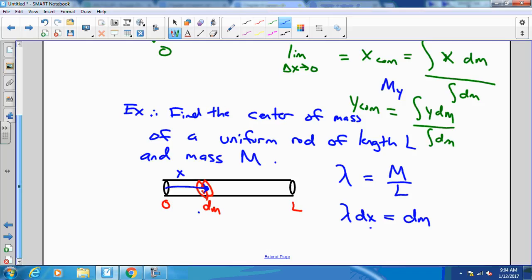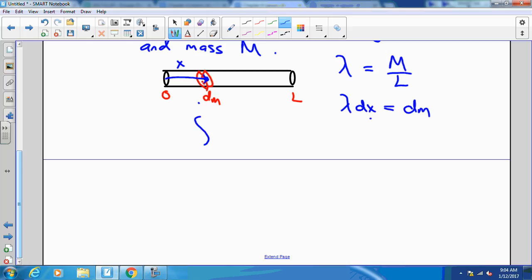This is essentially a proportion. It says that dm is to dx, just like mass is to length, because the mass is uniformly distributed. Does that make sense to everybody? Well, this now gives me the key to unlocking the whole thing, because I can say that the integral of